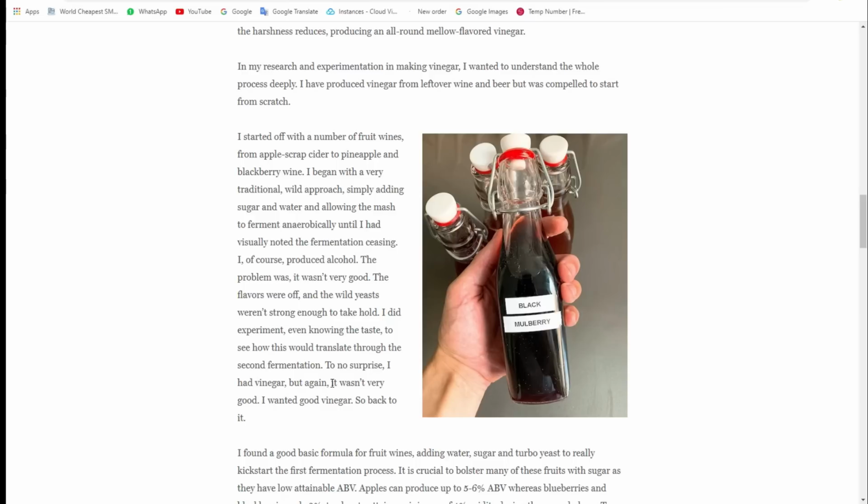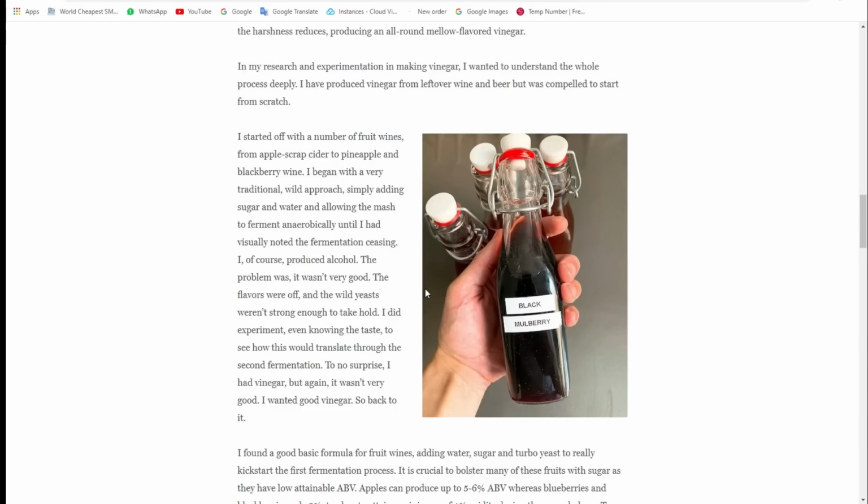I did experiment even knowing the taste, to see how this would translate through the second fermentation. To no surprise, I had vinegar, but again, it was not very good. I wanted good vinegar,